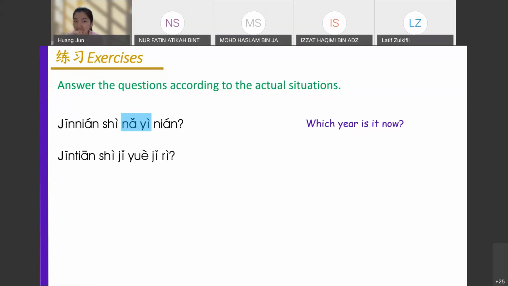今天是几月几日? Can you tell me the question word right now? 几, right? But we have two, so don't forget. The first 几 can ask for numbers, how many. The other 几 is used to ask for the date: months, days, days of the week. So 今天是几月几日 means, what's the date today?